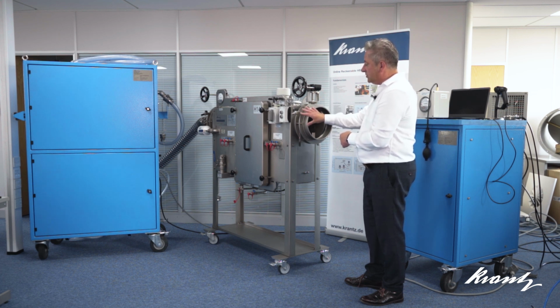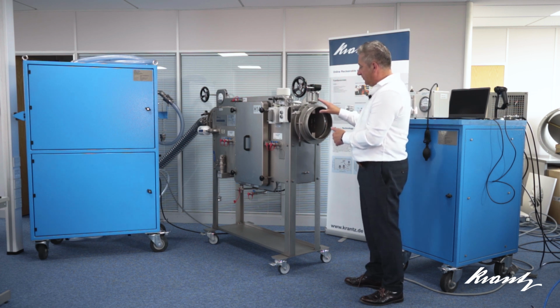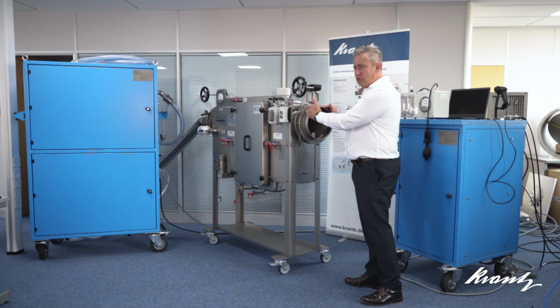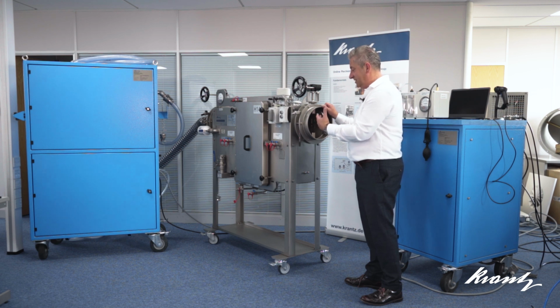I want to just focus on the detail of the gas-tight damper itself. This particular version is a Krantz GDC damper with a manual actuator. But one of the unique features of these dampers is that when they're in the closed position, you can test them from outside of the airstream to prove that the seal of the damper is not leaking. So we'll look at the specific features of that, and then I'll demonstrate the actual leakage test